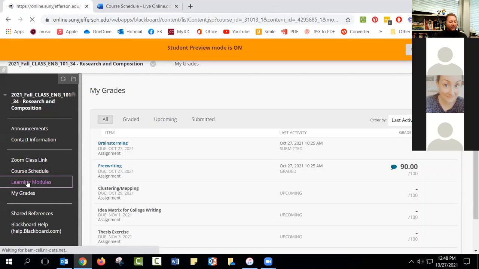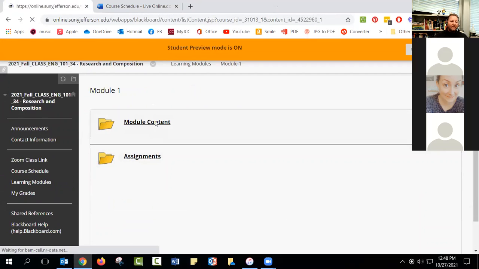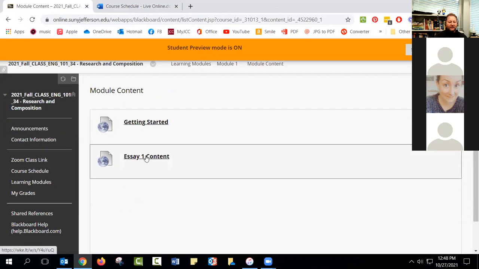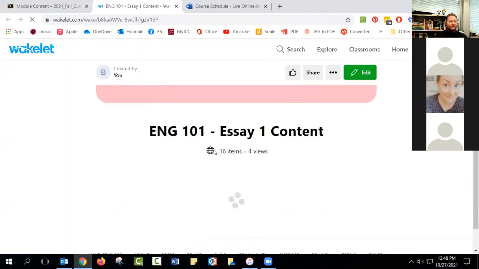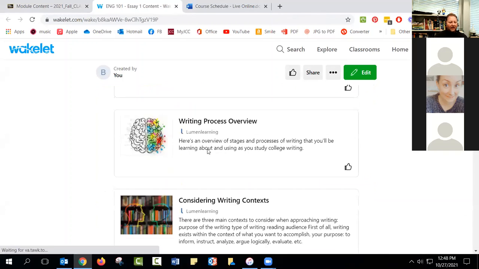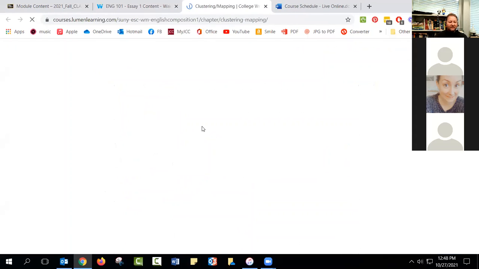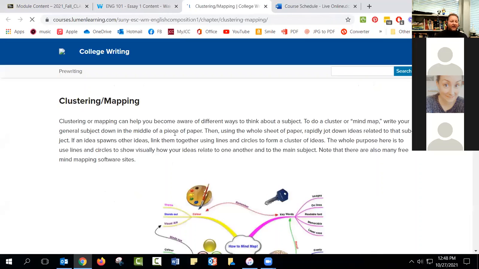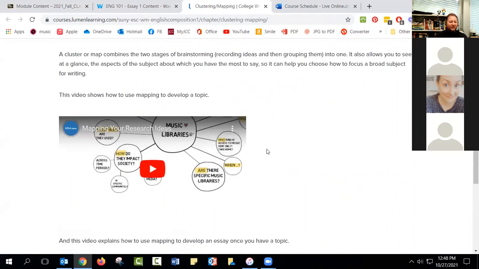But if you look in learning modules, remember we're in module 1 still, and we're looking at essay 1 content. And again, these are all kind of the textbook pages. I just want to show you a few of the things about clustering and mapping. And again, with these, if you fully understand everything and you know how to do it, just kind of plug right along with it. This one's really short, and just looking at some of these diagrams should look kind of